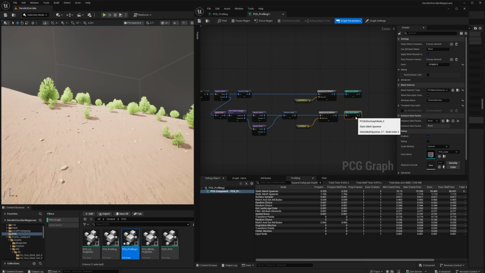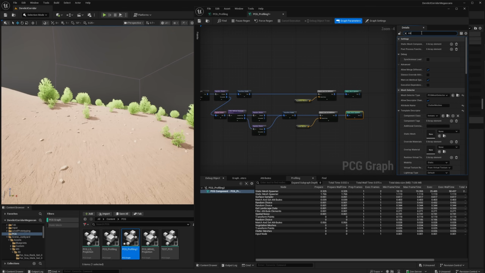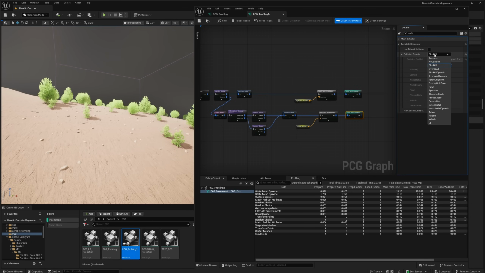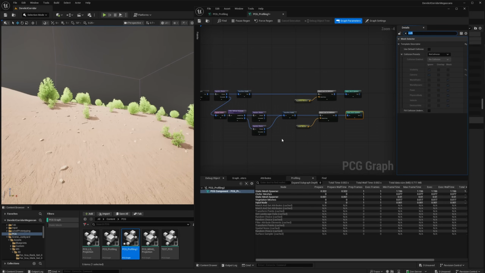But if I select this second static mesh spawner, if I search for collision and disable my collision, so I'll use no collision for this, because this collision doesn't really add anything to my gameplay. I don't need collision for these small objects, just as a detail on the ground. So right now, if I force regenerate, it only takes 6 milliseconds to run this entire graph, including the collision